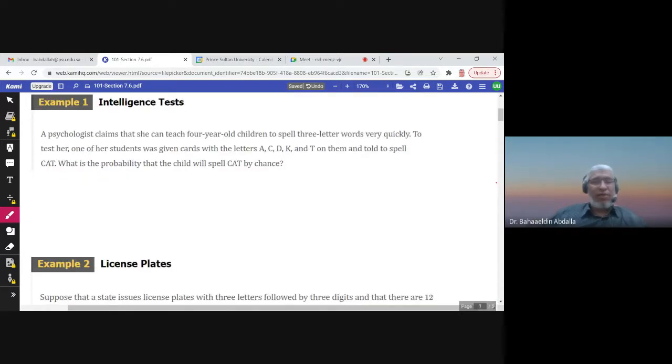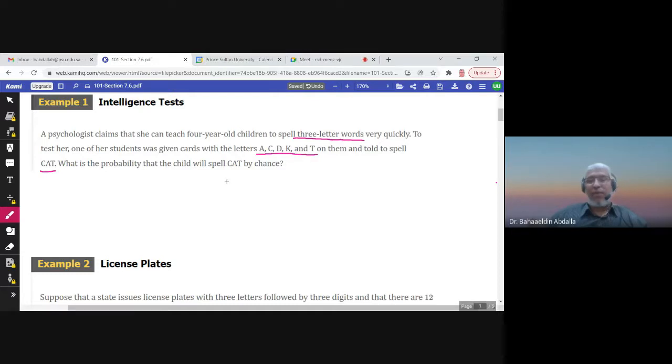Let us look at this example. A psychologist claims that she can teach 4-year-old children to spell 3-letter words, so words consisting of 3 letters, very quickly. To test her, one of her students was given cards with the letters A, C, D, K, and T. How many letters are these? 5 letters. So cards with these 5 letters were given to the students and then told to spell the word